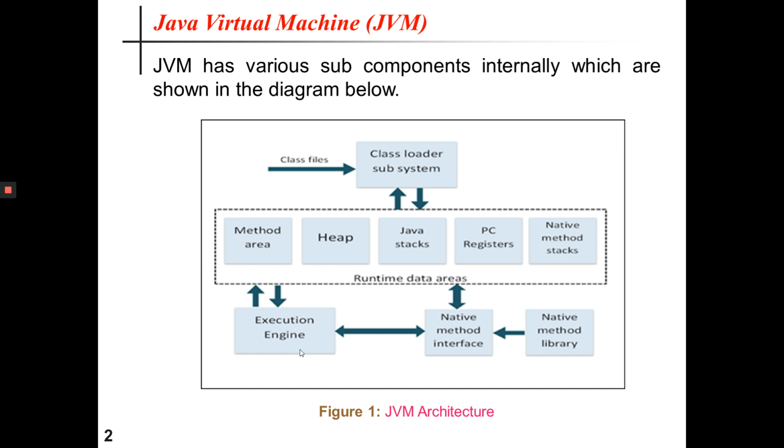JVM uses an optimization technique to decide which part of the code is to be interpreted and which part of the code is to be used with the JIT compiler. That means it is employing an intelligent technique to decide which part of the code is to be interpreted and which part of the code is to be compiled by using the just-in-time compiler. The hotspot represents the block of code to be executed by the JIT compiler.